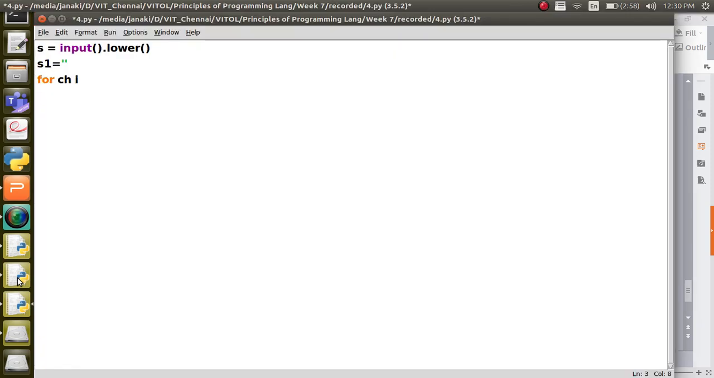So for ch in s, since a string is also a sequence, please understand that it is an immutable sequence. I cannot go and change a particular character in a sequence, because immutable means it cannot be modified. The for and in combination will work with sequences. It will take one by one, so in means in the sequence. So this ch will take the character one by one from s. Now I am going to check if